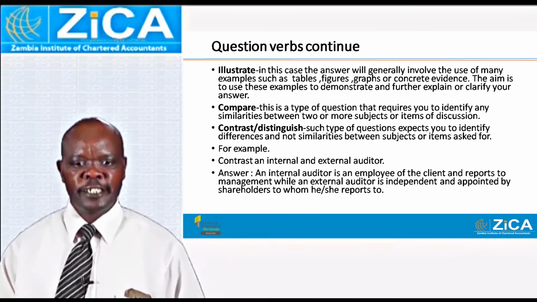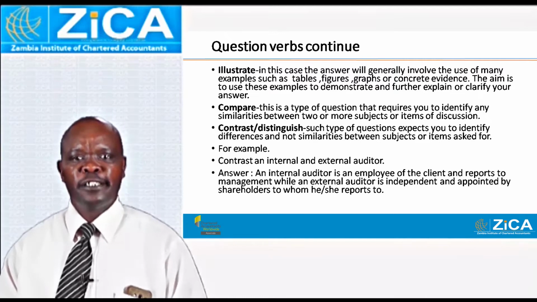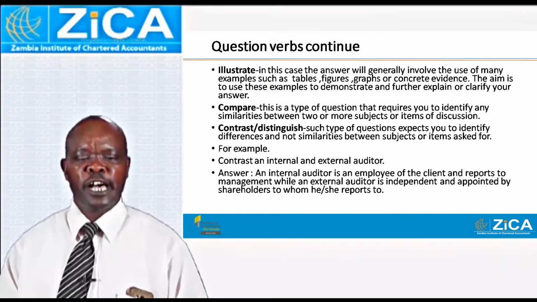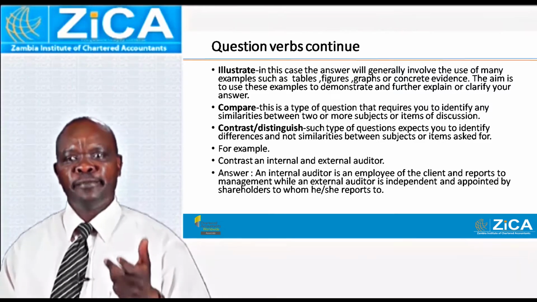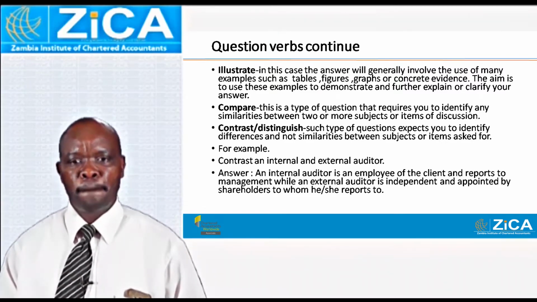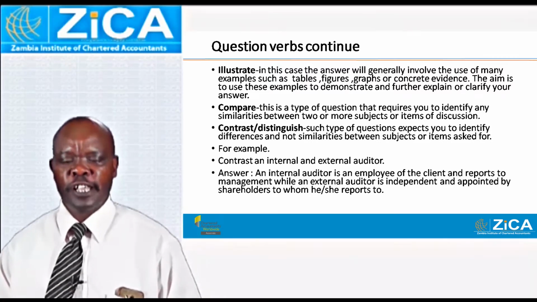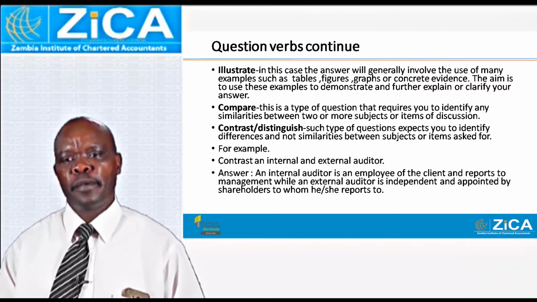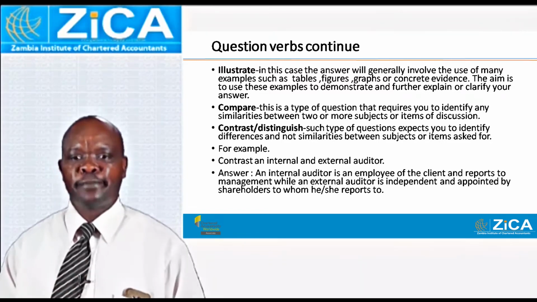Questions that have to do with illustrations. How you handle such verbs means you explain and then try to give a concrete example of the information that you've been asked about. Because with an illustration, first of all, you define, within the illustration you can explain, and then lastly, you show an example. Do not begin with an example. For instance, someone beginning an answer with "for example" simply shows you do not know what you're talking about, because you can't give an example without explaining that particular concept first.